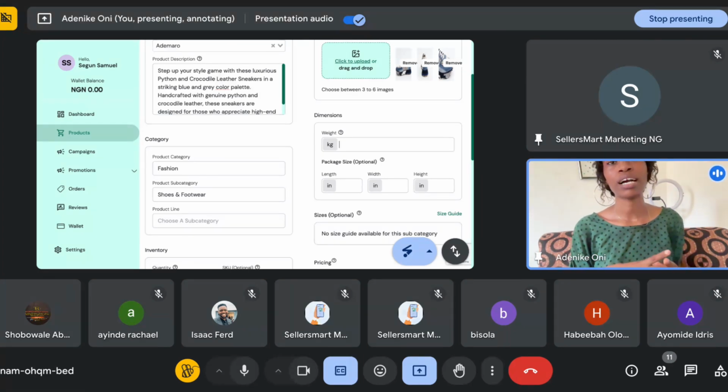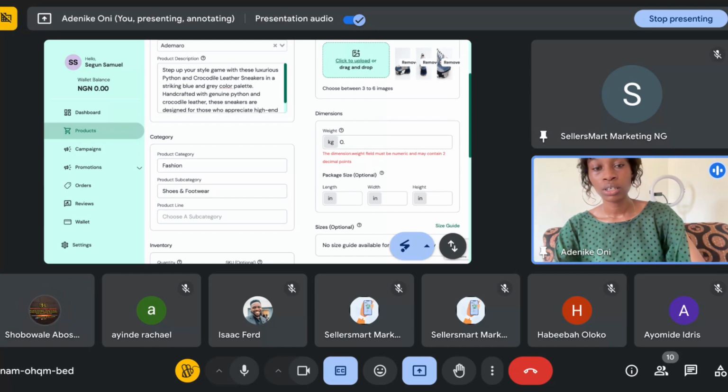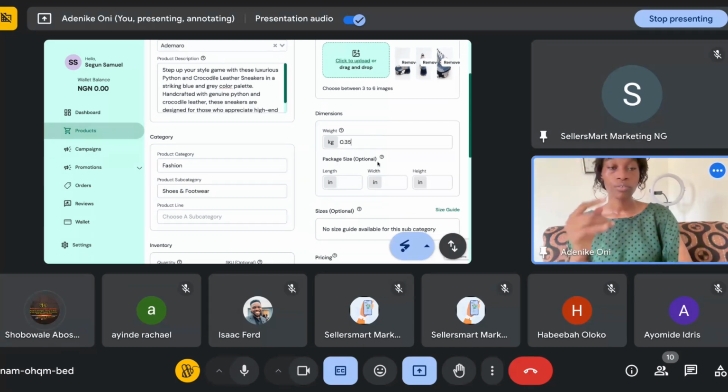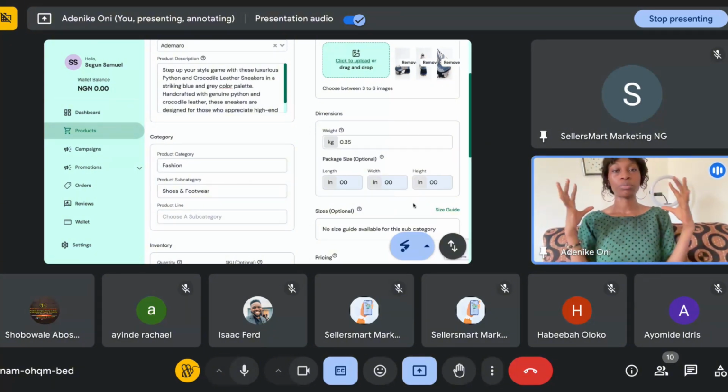It influences the amount your customers are going to pay for logistics. It's very important that you input the right weight for your product. Say 0.35 kg for the sneakers. And just inputting zero is not necessarily important, but just inputting 000 here, since it's not something that's, let's say